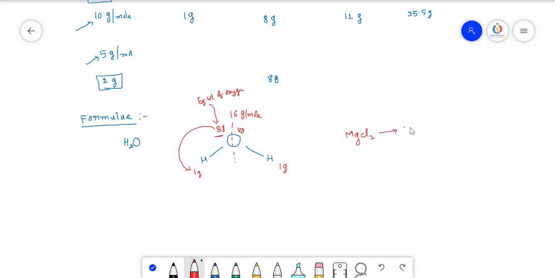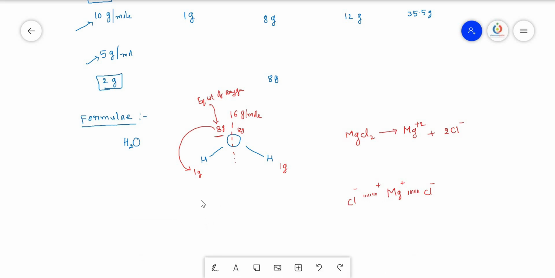Magnesium chloride is an ionic compound which has two types of ions, Mg+2 and 2 Cl- ions. So let us take magnesium, which has two positive charges. One positive charge attracts one chloride ion, so that an attraction develops between these two ions, and similarly another positive charge attracts another negatively charged chloride ion, so that MgCl2 is formed. This is an attraction force, not a complete bond. No overlapping of orbitals is there.